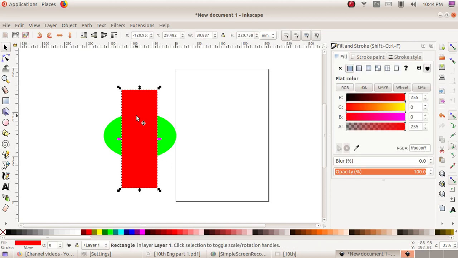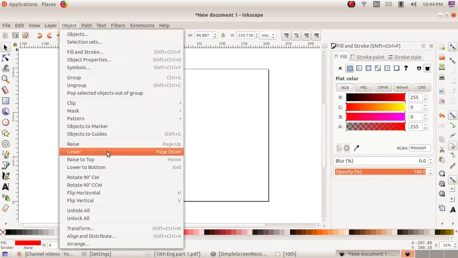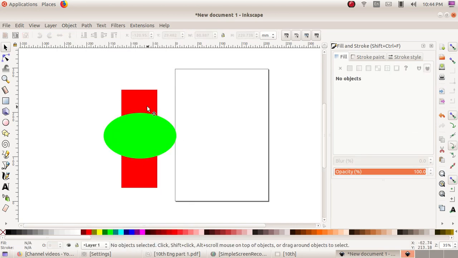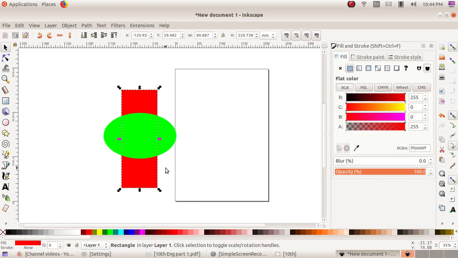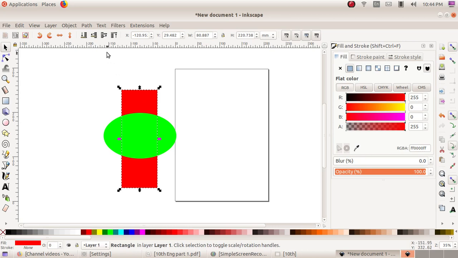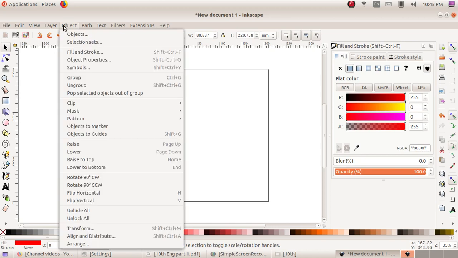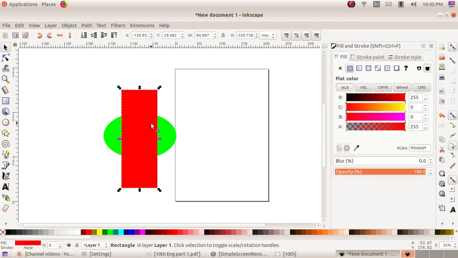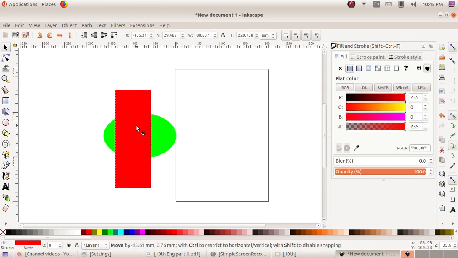Just click on this rectangle, click on the object menu and lower to bottom. The rectangle is now lower than the circle object. Then there is an option raise to top. Then the rectangle is on top of that circle.